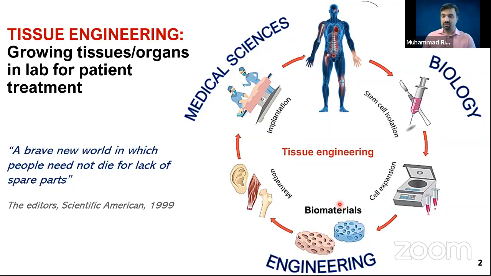Once we have developed these tissues, we implant them in the humans who are in need of them. For example, if you are waiting for a transplant or a donor, it can really take several years for you to get that. But the idea is that we can generate tissues in probably a few months or even faster for you to receive those implants. So this is the idea of tissue engineering: making new tissues in the lab by using engineering principles and cell biology principles.